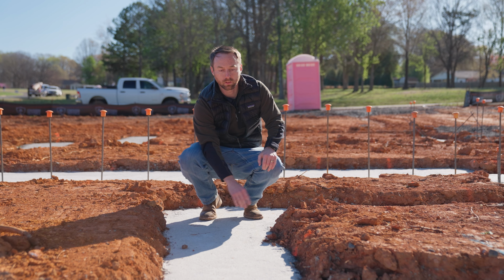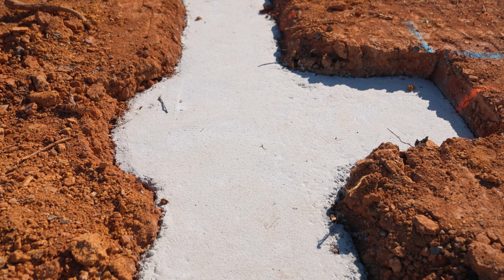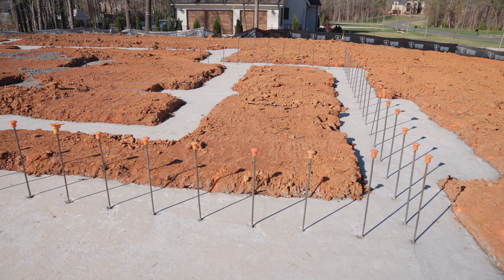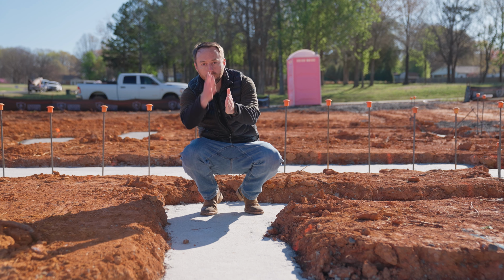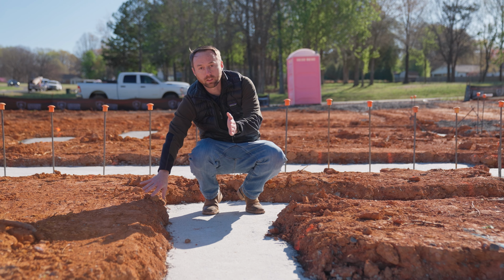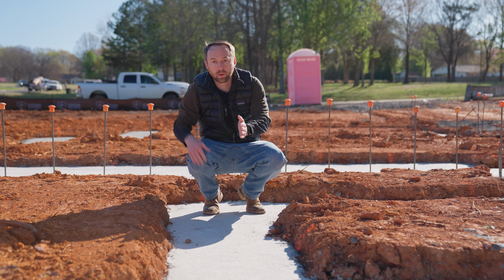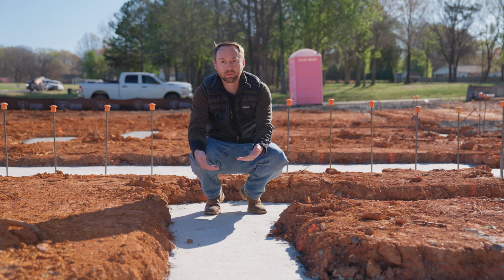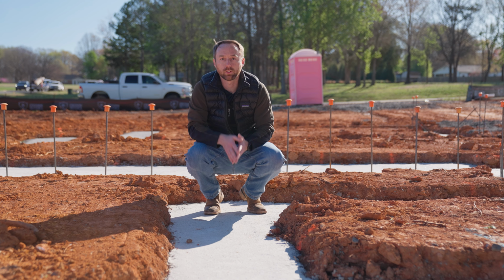It's our next step. It is a black tar product that is waterproof and will not allow water to go in either direction. But once we have the foundation wall and it is waterproof, the water will come, it'll hit, it'll then get into the foundation drain, and it'll go away as appropriate. Any groundwater would come up and kind of be sitting there and then dissipate back into the ground once the